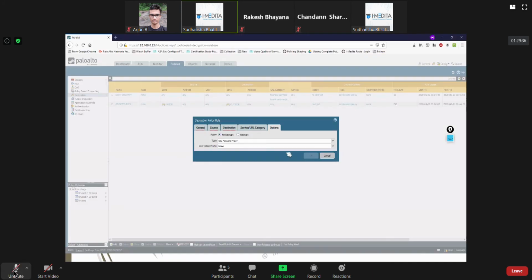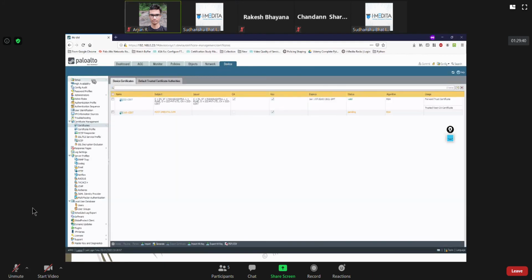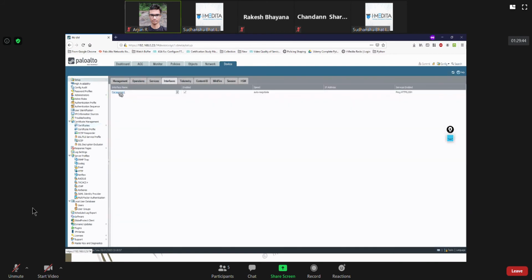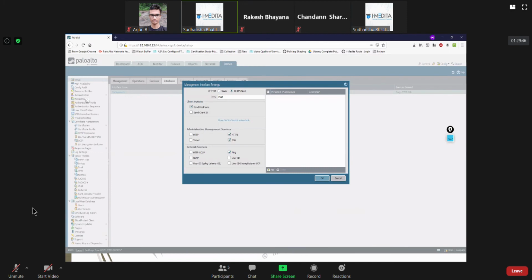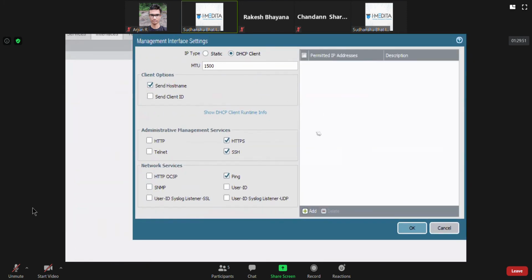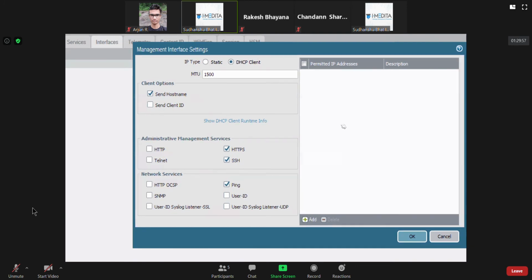Like even for a firewall, in the management interface setup, if you go to device setup interfaces management, we could specify only specific people allowed to access this device, or in a Cisco router's case, IP access class.